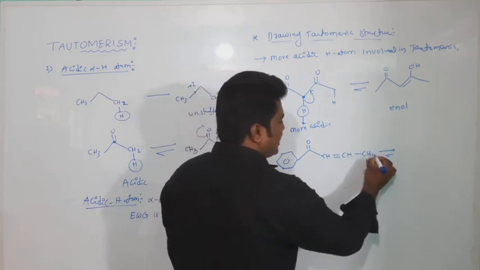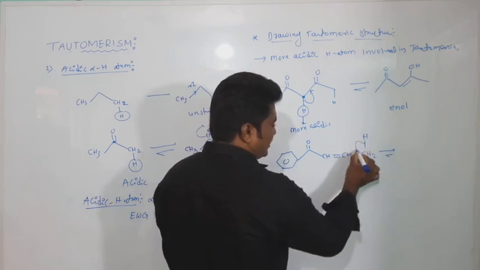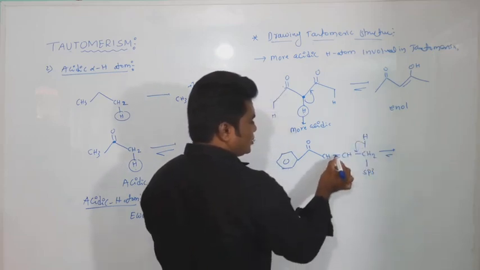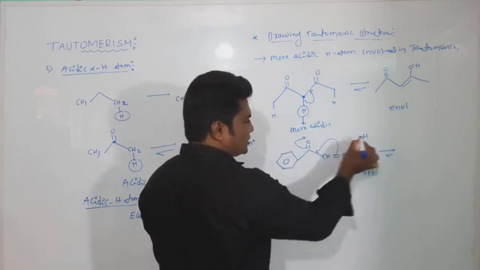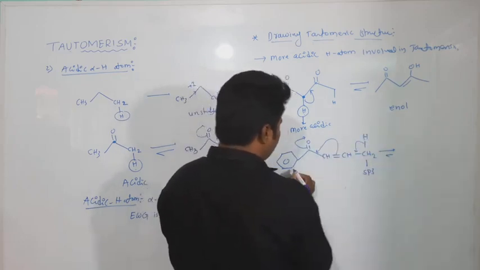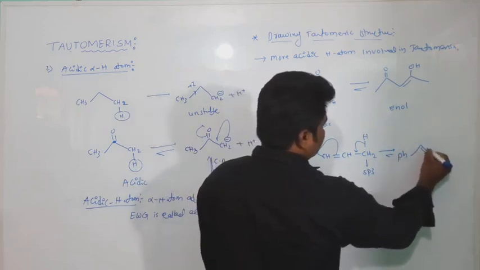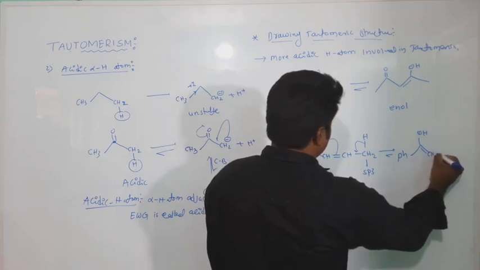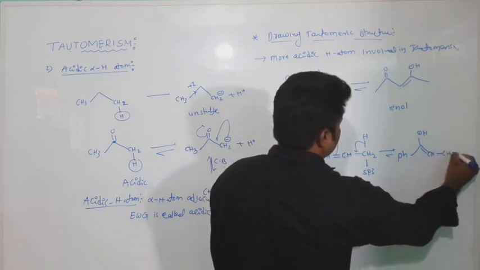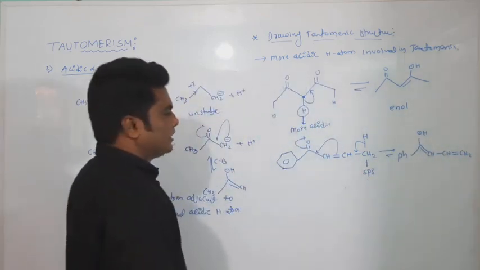Now how do you write the tautomeric structure here? See here, this is hydrogen. Now it participates in the resonance, delocalization. Now this pi electron goes over there. Now oxygen gets the negative charge. That negative charge will take this hydrogen atom. Now this benzene I am writing here as Ph. See here. Now this is enol and this is OH. Already one CH is there. Now this is a single bond, CH, double bond, CH2. Like this we have to write the tautomeric structure.